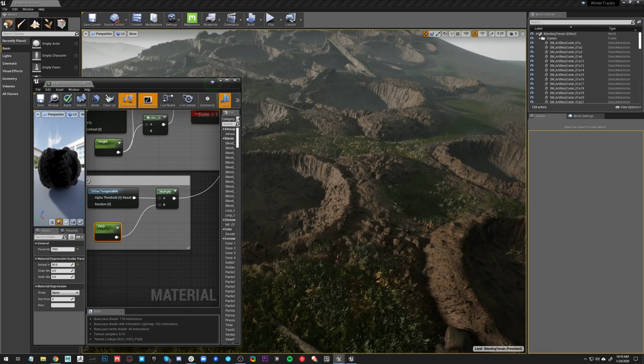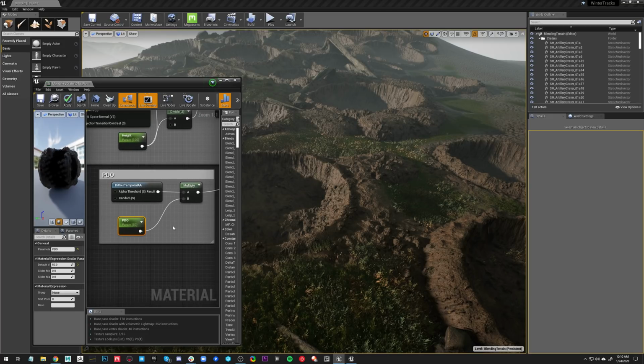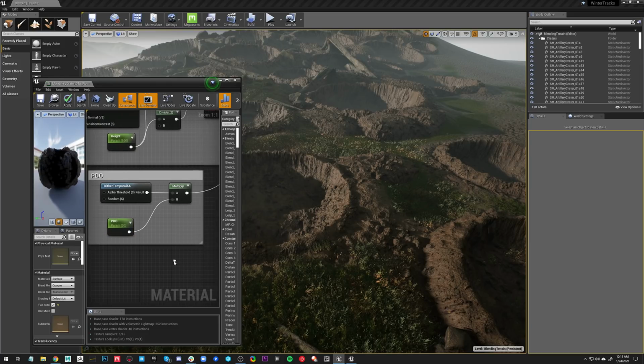All right, Jonathan, do we have any questions? So far, not yet. Just a lot of chatter, people talking, engaging, chatting, having fun. Very cool. Just making sure. And Joseph, would you like to explain this any further and more in depth, or? I think you've covered it. There's no point in getting super technical with what pixel depth offset is doing. All right, cool.